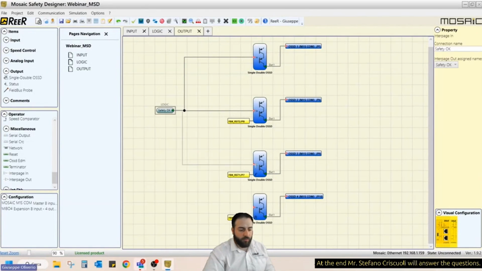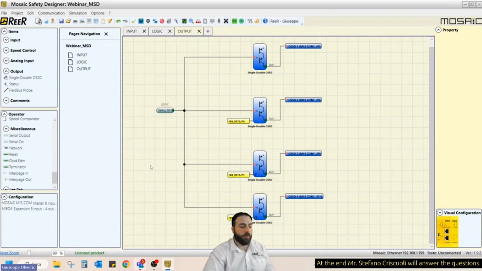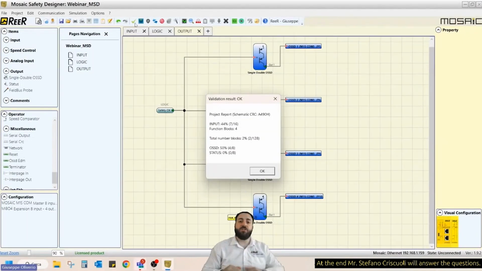So for those of you that already use the Mosaic software, the MSD software, without the interpage, without the pages, this can be not difficult, but graphically not good to see. In this case, it would be also better to do the diagnostic. So once we've done, we can do the validation, because the validation is already integrated, and we will see the